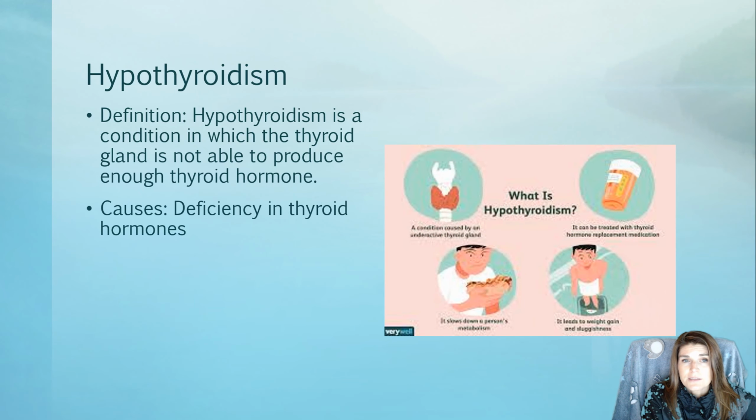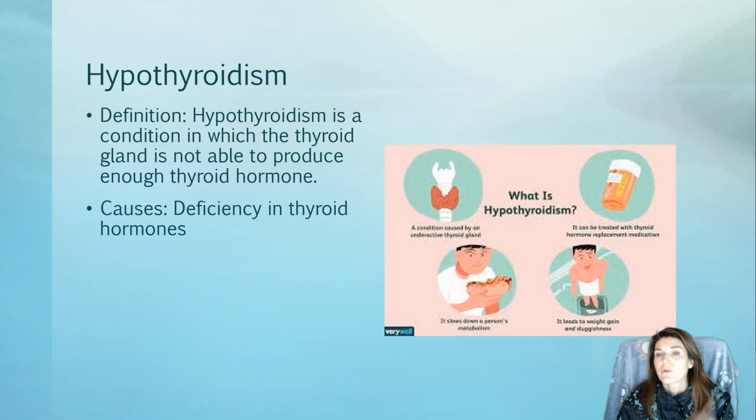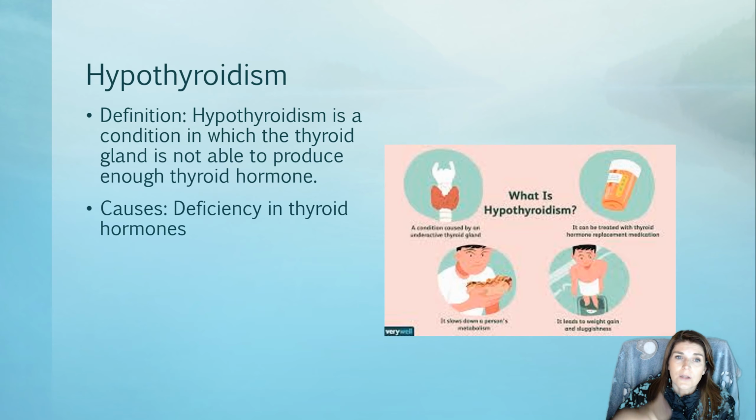Okay, next one that they wanted us to cover is hypothyroidism. Hypo means low or below, so this is low hormone coming from your thyroid. Hypothyroidism is a condition in which the thyroid is not producing enough of its hormones. So we have T3 and T4. There's also TSH in there that we haven't really talked about, but